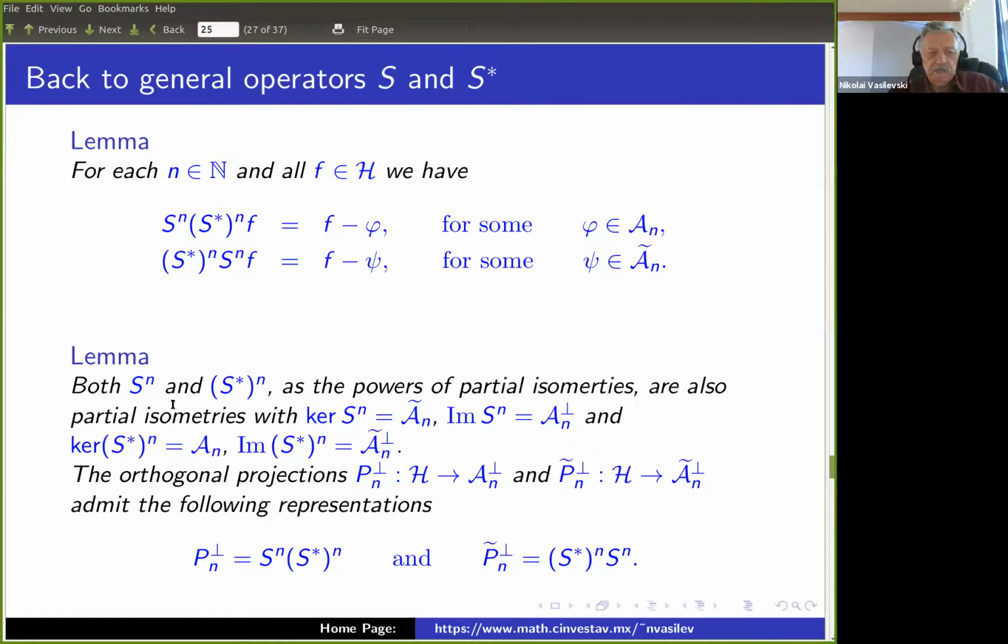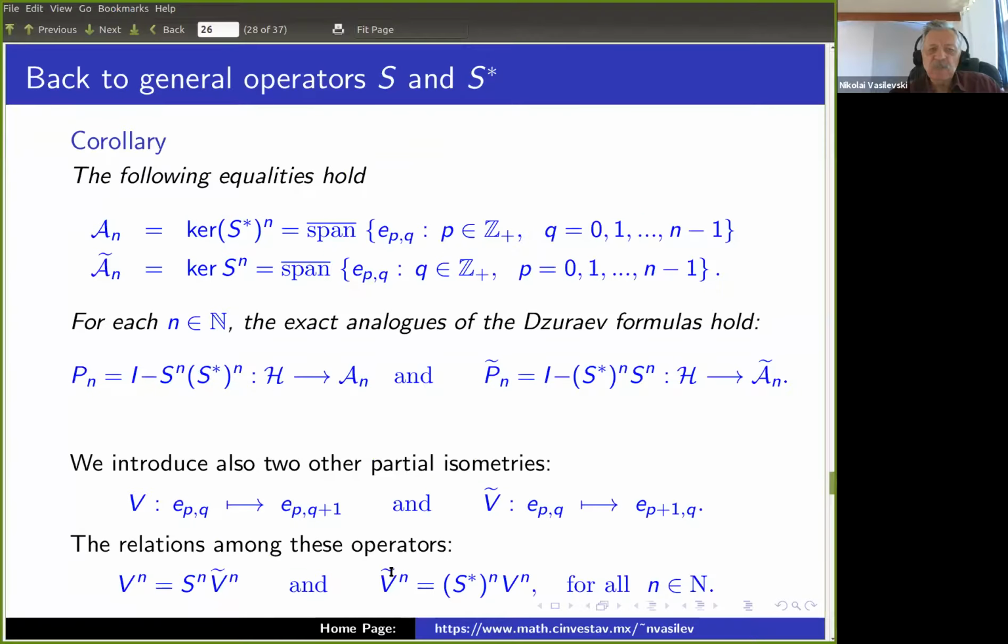The powers of S star, as powers of partial isometries, are also partial isometries with corresponding kernels and images, and the corresponding orthogonal projection onto the orthogonal complement of the images is given by this formula, which implies